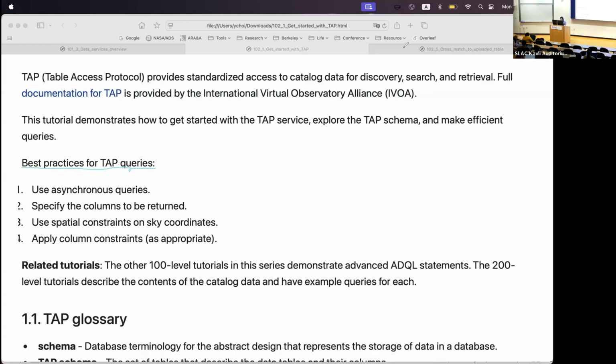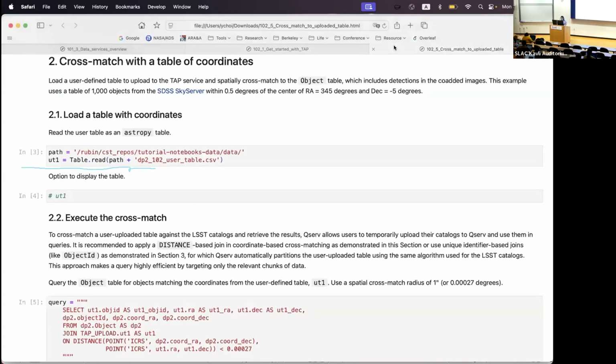Right. And then the last tutorial I want to touch a little bit. Oh, I want to erase this one. Okay. And this one,